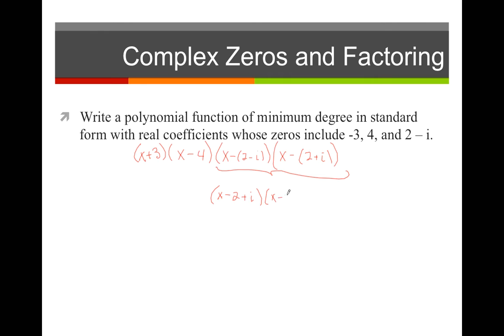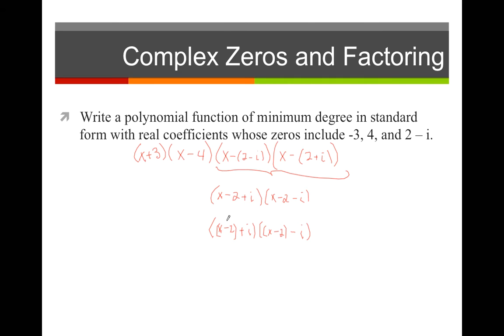And we have x minus 2 minus i, again, by distributing that minus sign in. So all I've done is rearrange the parentheses in such a way that now I have conjugates. I have a plus i and a minus i,